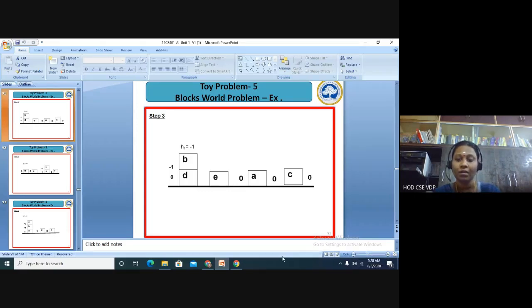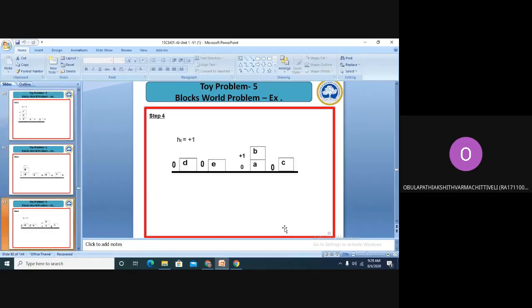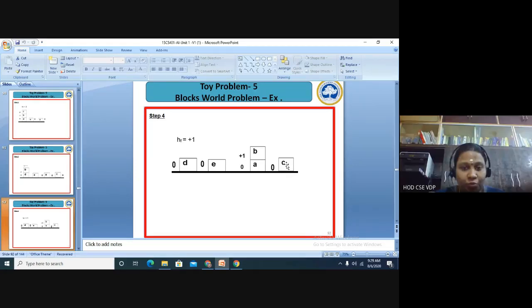Here in this case we are assuming there are 5 blocks, but what if we had, say, 10 blocks, then we would start piling up. Can you move forward to step 4, ma'am? Here we are placing B over A. Let's say there was a situation where after this we can place C over D, or D over C. That is also possible, right? Let us assume that D is placed over C.